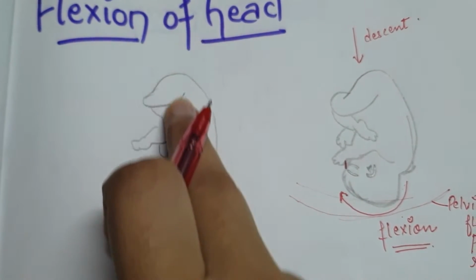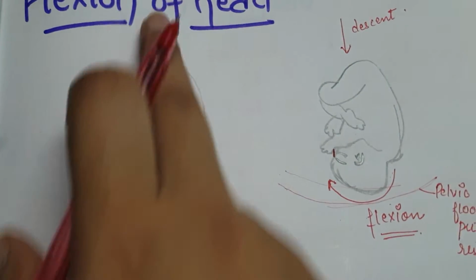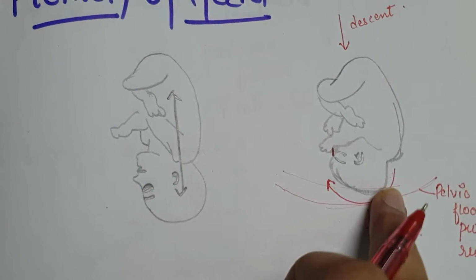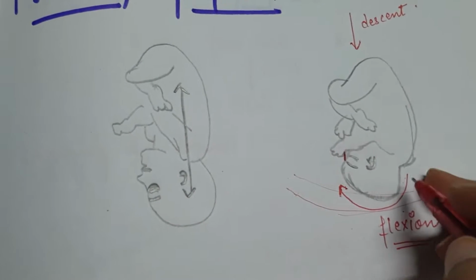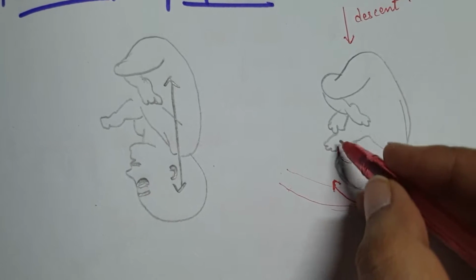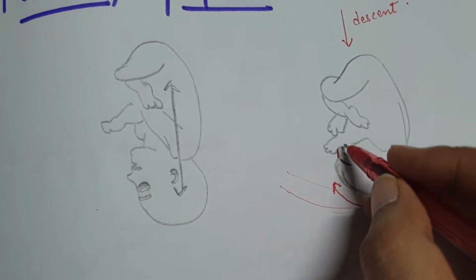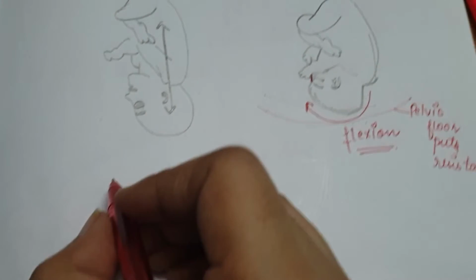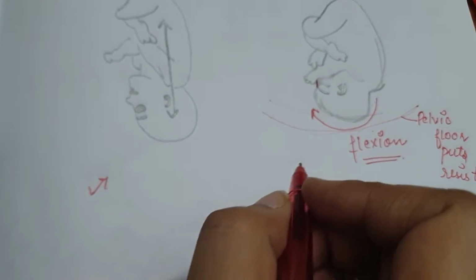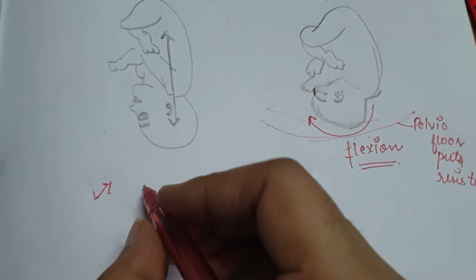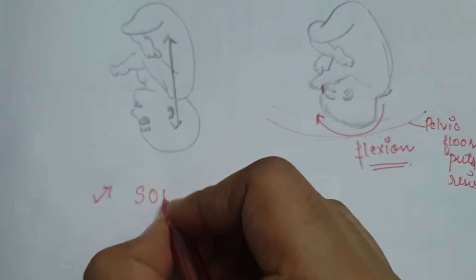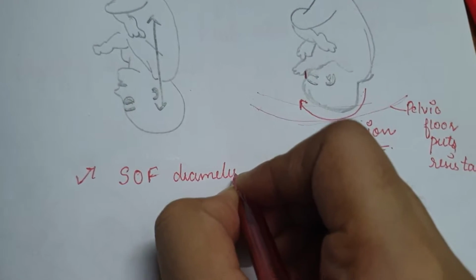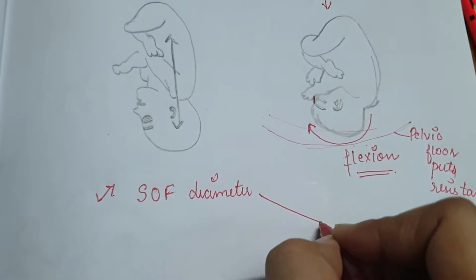When there is a continuous push from the upper portion, then it leads to flexion. So here the head moves towards the chest, so there is a flexion of head. Due to the flexion of head, the suboccipitofrontal diameter changes into